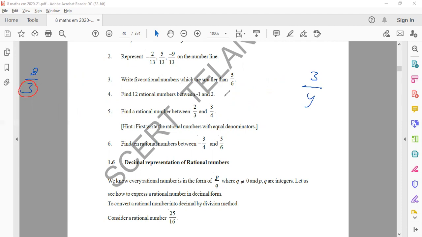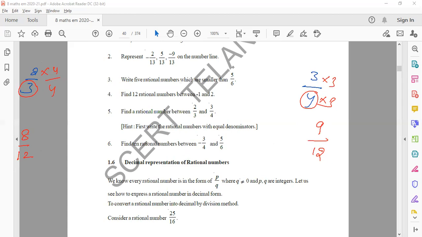This is a 3, right? For this, you multiply this side. This is a 4, right? You multiply this side by 4. Automatically the denominators are the same. 2 times 4 is 8, 3 times 4 is 12. 3 times 3 is 9, then 9 by 12. Now the denominators are the same.